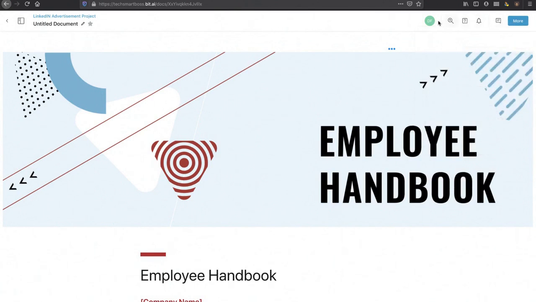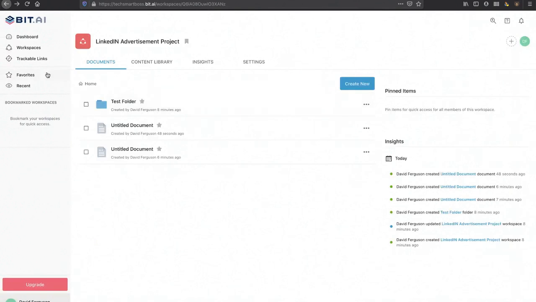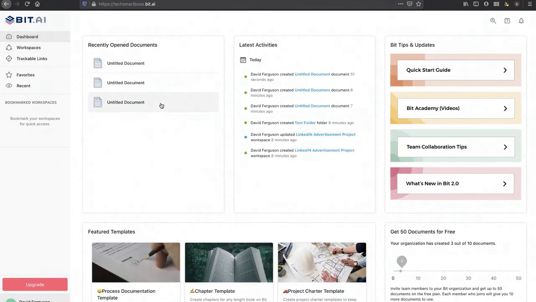I'm a little bit rambling now, but I think you can sort of see the power of a tool like this inside your environment. And this looks like something that can take something like a Paper by Dropbox to the next level, take something like a Notion, which to me seems a little personal space, or it seems a little bit too open. I've got to be honest, I haven't used it a lot, but something like Bit.AI seems like something that's more designed for businesses and organizations. It has a little bit more structure, a little bit more organization that I sort of like. One thing I would like to see them